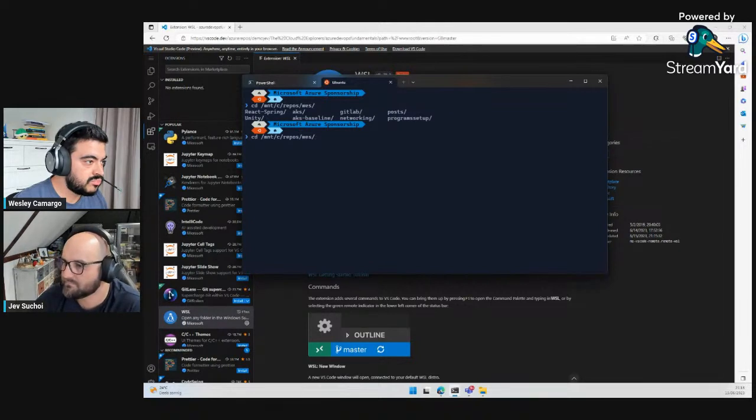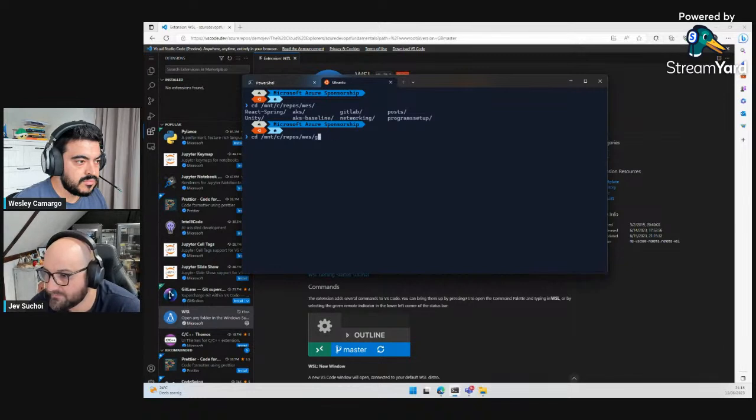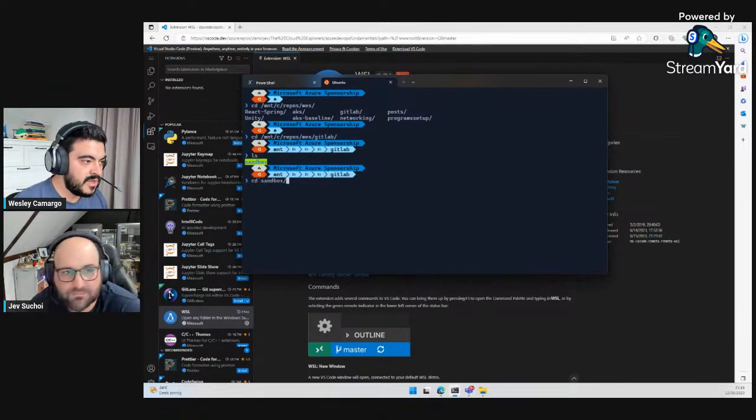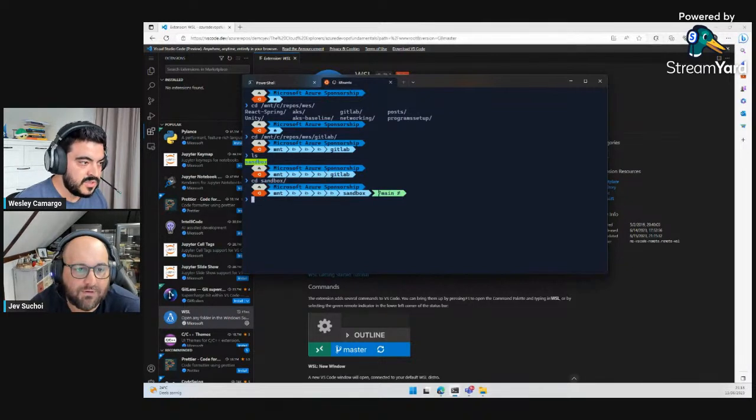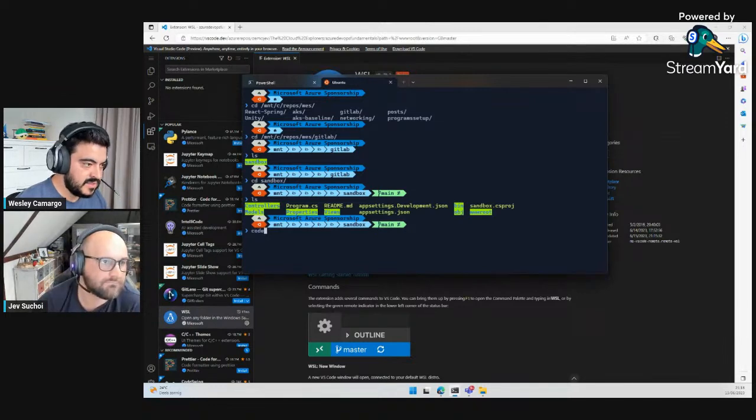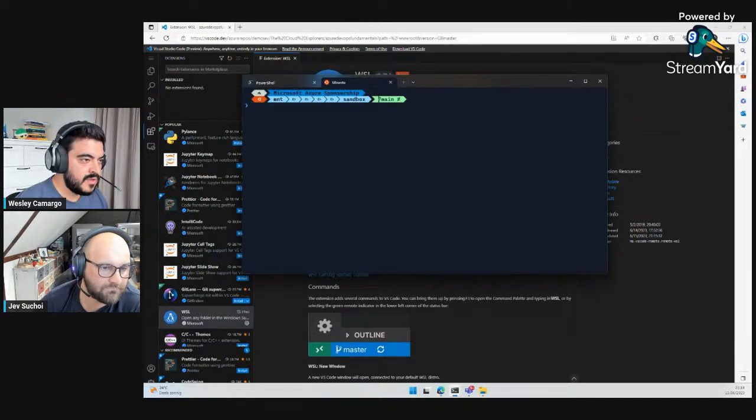If you just try to type code and then a dot, because that's what it says. Yeah, I just want to open a real Git repo. Okay, so this looks like a real repo. Just code dot,